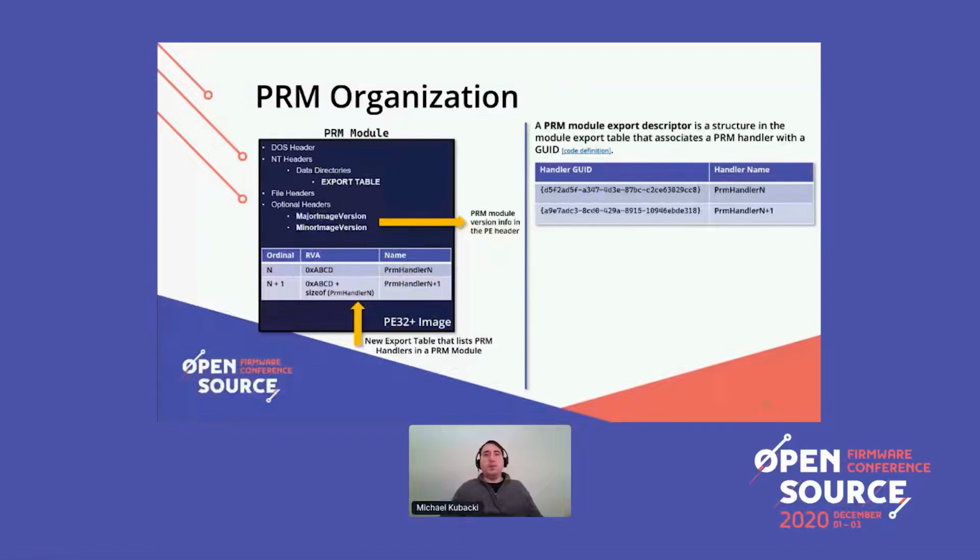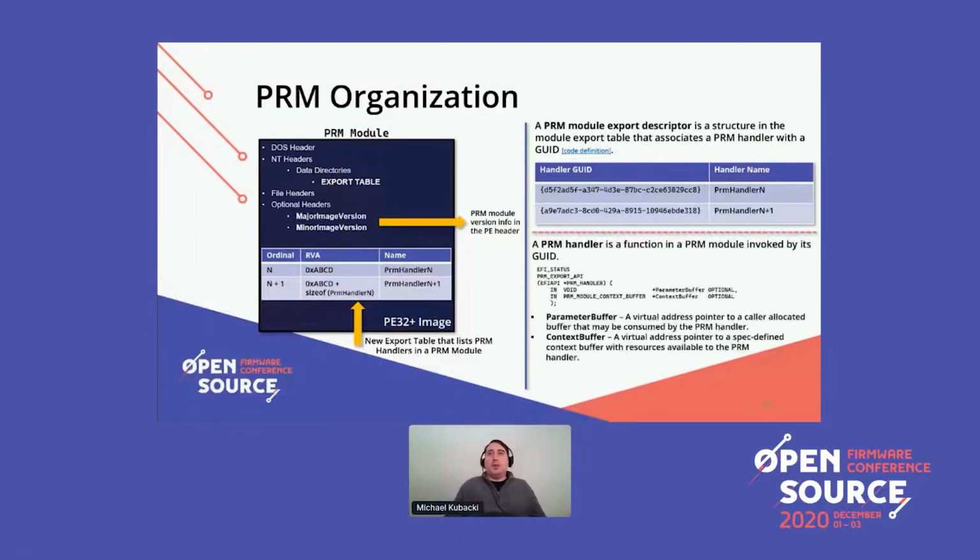And so that way, the operating system has the GUID and the physical address of the handler. Now, the PRM handler itself is very similar to UEFI runtime services code. It uses the same ABI as UEFI runtime services, and that was intentional to try to make this as seamless as possible for operating systems to be able to invoke, since they already have to deal with UEFI runtime services today